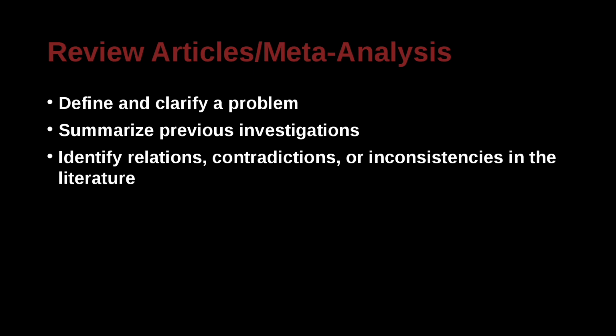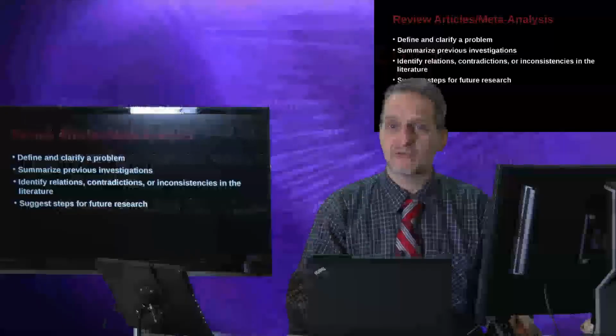So you identify relationships or contradictions or inconsistencies in the literature, and we often see this in medical research where a meta-analysis will come out and the news will say, for the last 10 years, everyone has been saying you should take more vitamin D, but this new study is a meta-analysis, shows that vitamin D is not effective. How do they know that? Because they took many smaller studies, added them together. And then usually a meta-study will give you some kind of idea, what do we need to do to move forward in the future?